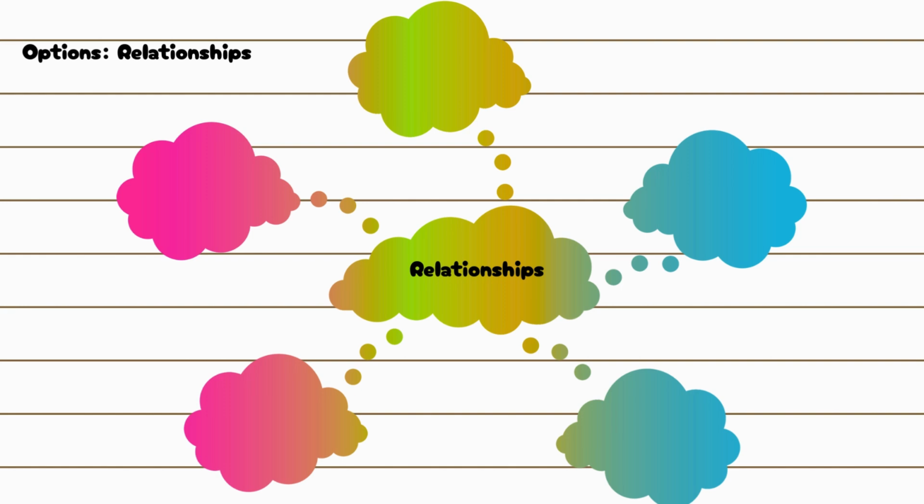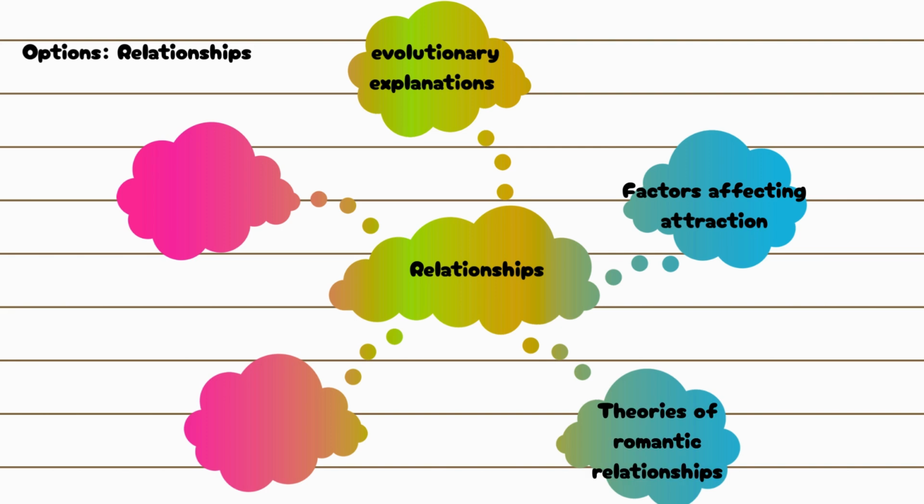Optional topic: relationships. For this you need to know the evolutionary explanations for partner preferences, including the relationship between sexual selection and human reproductive behavior, factors affecting attraction in romantic relationships, self-disclosure, physical attractiveness, including the matching hypothesis, filter theory, including social demography, similarity in attitudes and complementarity, theories of romantic relationships, exchange theory, equity theory, and Rusbult's investment model of commitment, satisfaction, comparison with alternatives, and investment, Duck's phase model of relationship breakdown, intrapsychic, dyadic, social, and grave dressing